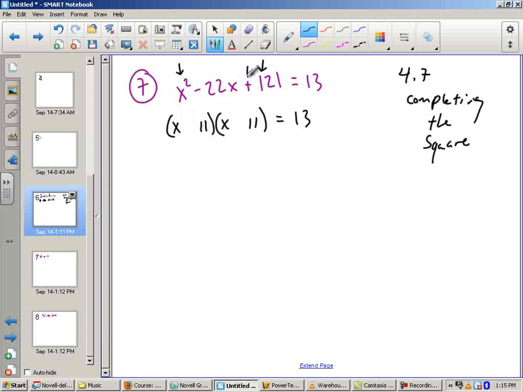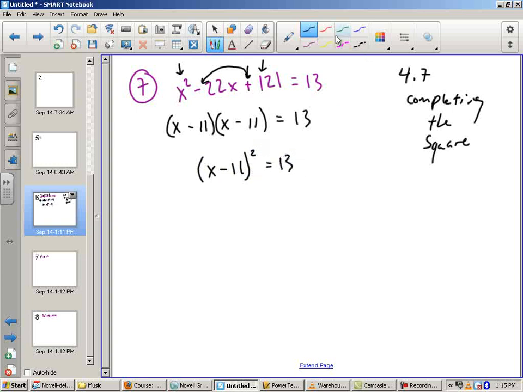This tells me the signs are the same. And I come over here to tell me that they're both negative. So negative, negative. And that'll work out because I'll get negative 11, negative 11. That gives me the negative 22. The important thing is that because these are identical, I can rewrite it as x minus 11 quantity squared equal